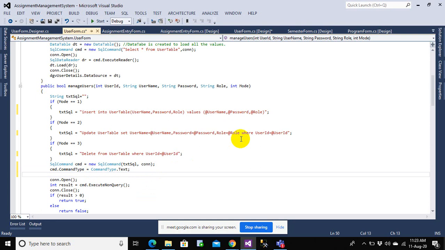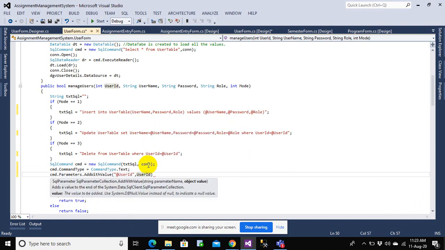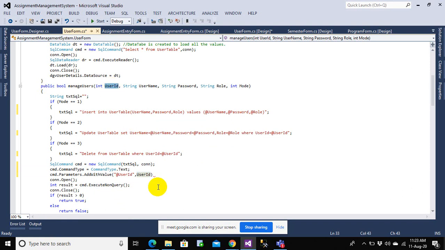In order to provide the value to the parameter, we use cmd.Parameters.AddWithValue, and we write at the rate user ID, and we provide through a function user ID. So this user ID is now equal to this user ID, which will be passed through a front end, let's say through a text box.